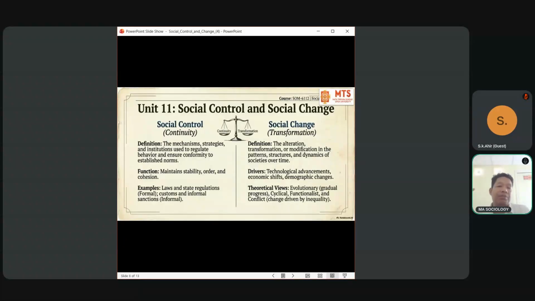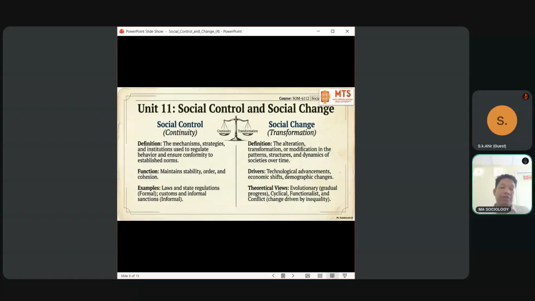Like if you take the example of the economic shift, right? Earlier, the people in Tripura basically practiced zoom cultivation. Zoom is the land on which people do zoom cultivation, right? But now you see, agricultural production mainly takes place in the plain areas, right? So earlier, zoom cultivation was a traditional way of cultivation, right? Then now you see how there is a change in agricultural reproduction, right? So there is a shift. It may be slow or it may be fast, okay?